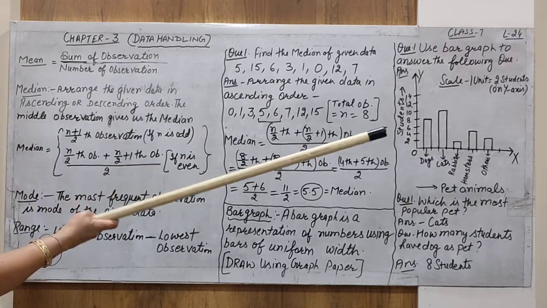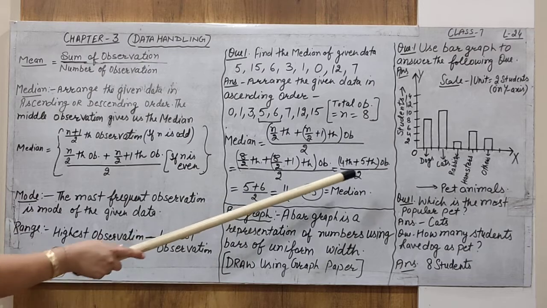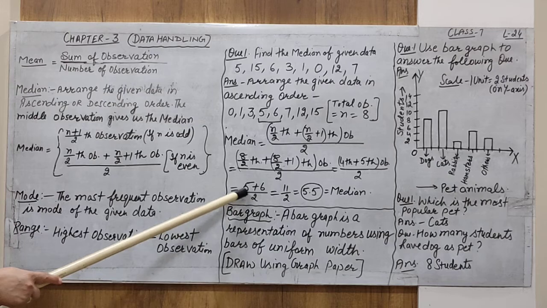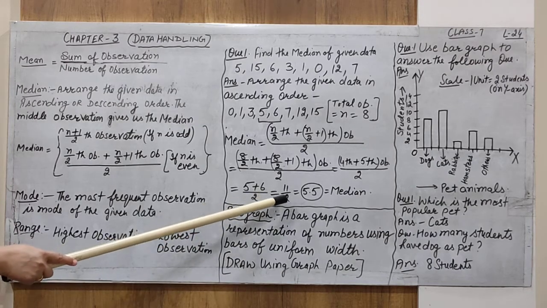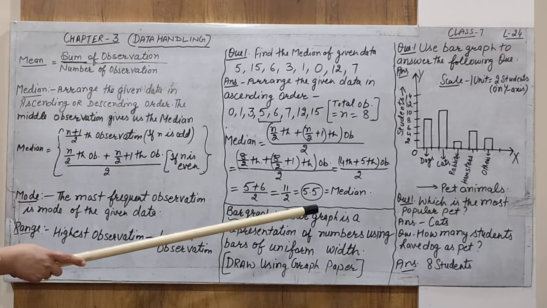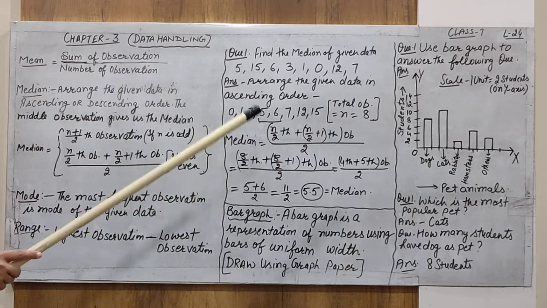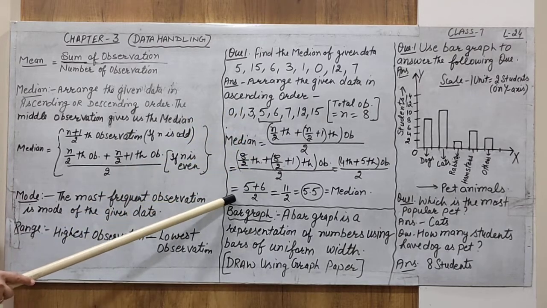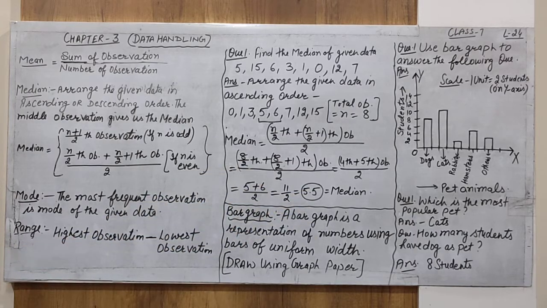So you have to use these two observations. The value of the 4th observation is 5 and the value of the 5th observation is 6. You have to use these two observations divided by 2. So 5 plus 6 is equal to 11. 11 by 2, we get the answer 5.5. That is the middle of 5 and 6. 5 and 6 both are answers for the median, but to get one answer, we find their mean. That is, 5.5 is the answer to the given question.